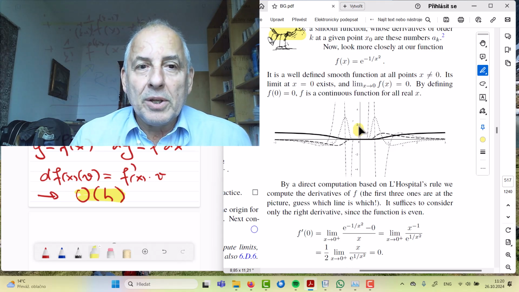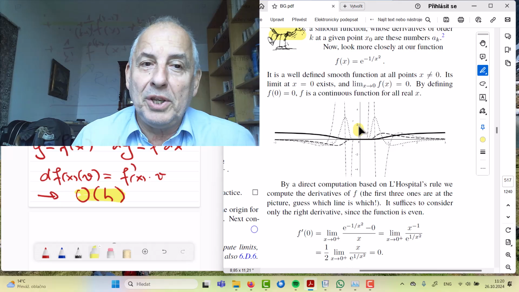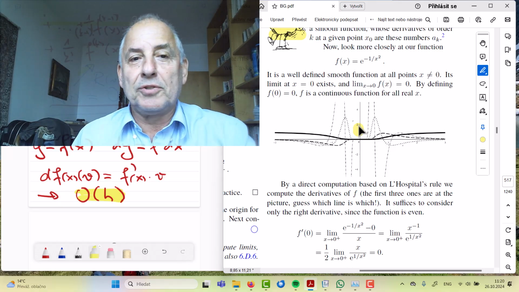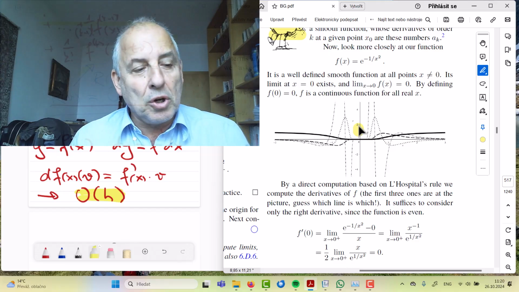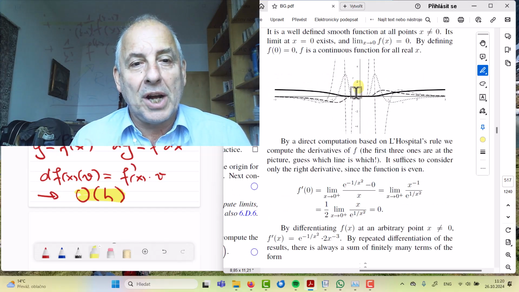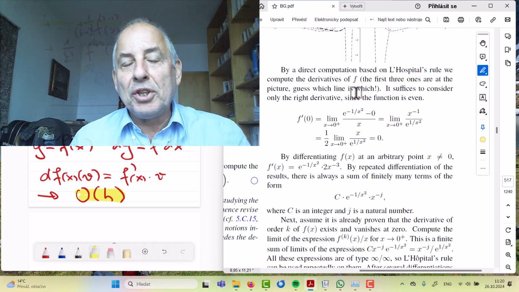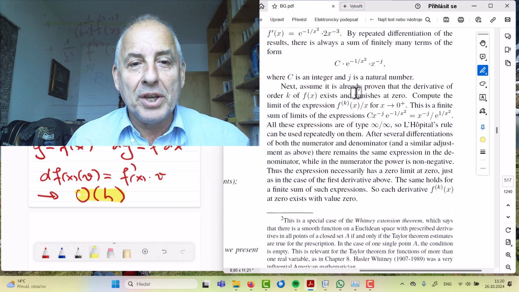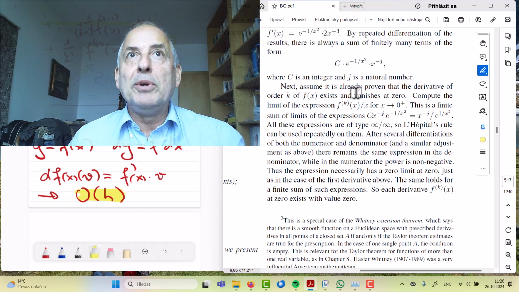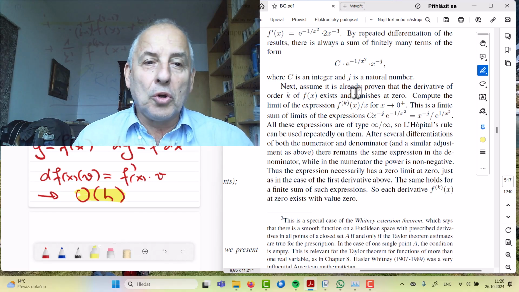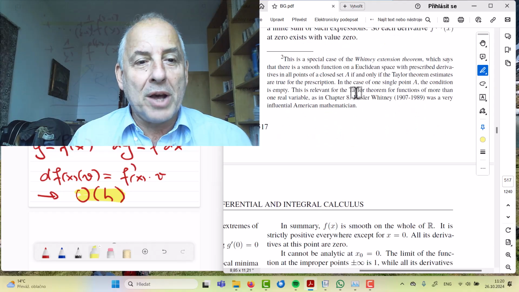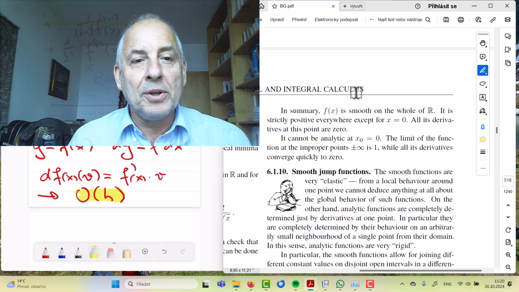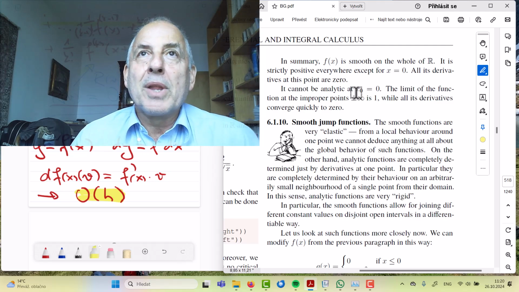But the derivatives start to be wiggling very much around 0, right? So that's what's on the picture. And it's computed here by means of L'Hopital's rule, so it's quite an interesting exercise to go through and compute that it's really true and that it makes sense that the derivatives will exist for all orders and will always be 0. So I will not go into details here, but having this beautiful function e to minus 1 over x squared,